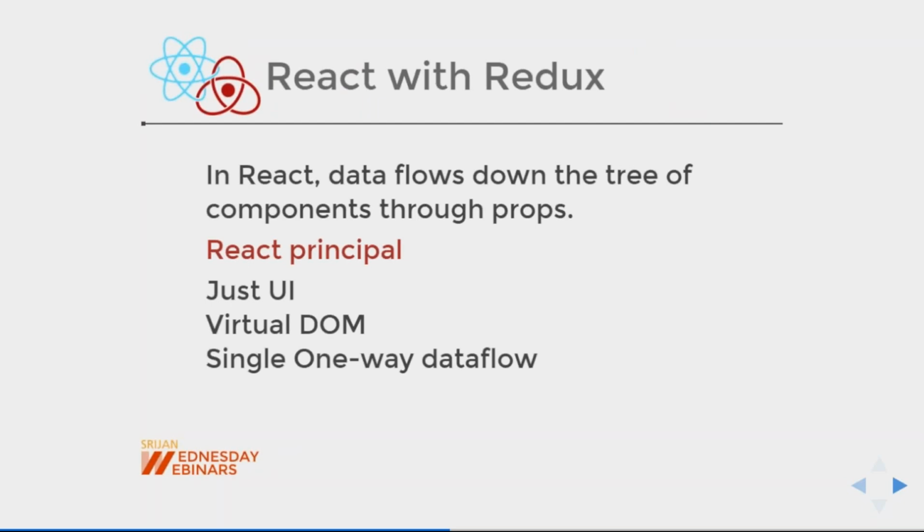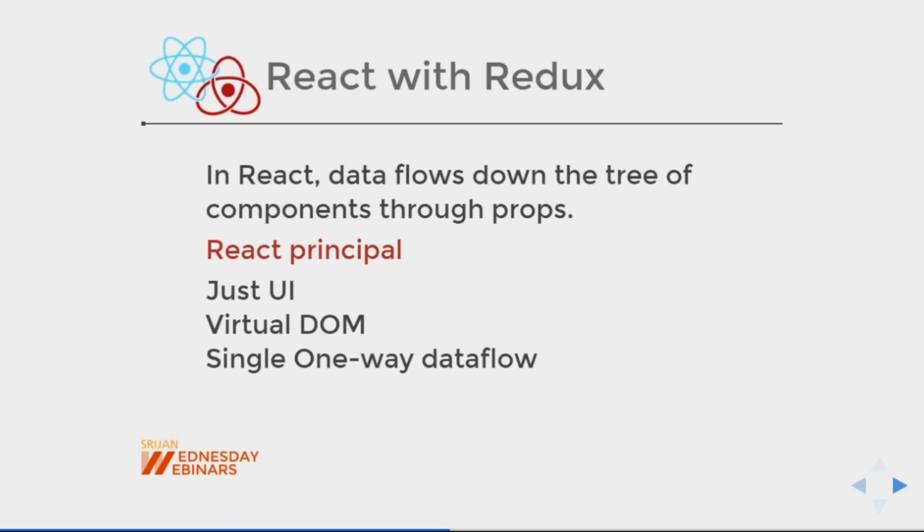Okay, so you already know the React principles. It just talks about the UI layer, and it is providing the virtual DOM. So whenever you are updating the state of your React component, React is always maintaining this virtual DOM, an in-memory DOM, and whenever you update the state object, it will re-render the component, but whatever change you have applied in the DOM will get reflected in a minimum number of steps. Okay, because it has its internal algorithm to apply the DOM manipulation.